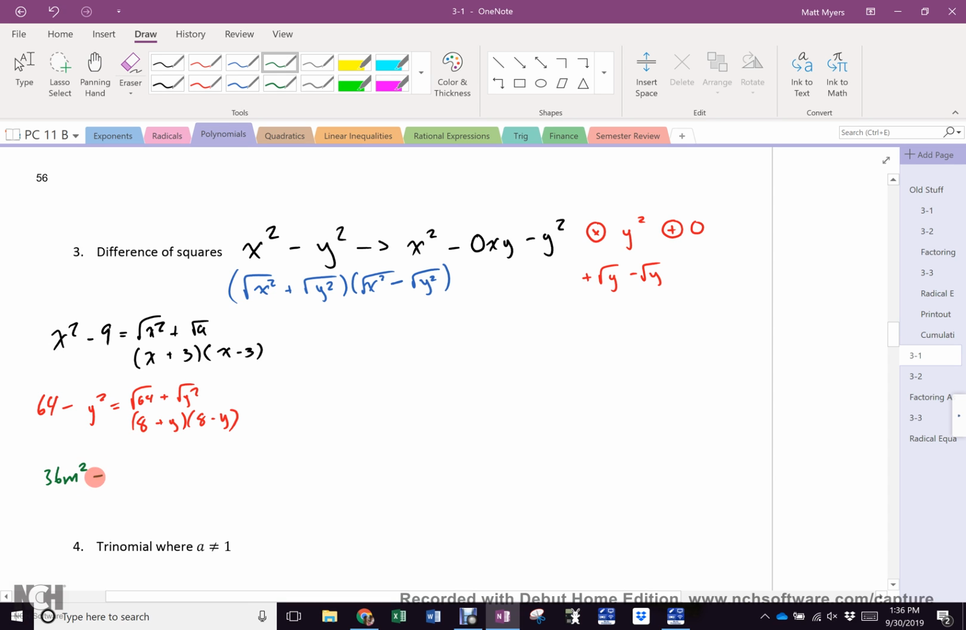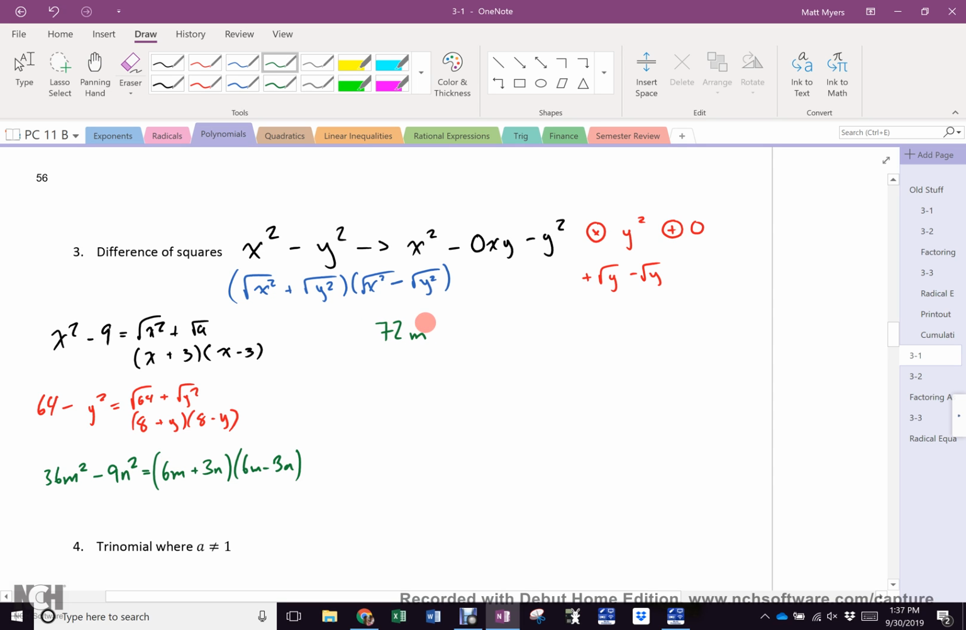36m squared minus 9n squared. So what is that? 6m and then, okay. Let's go with